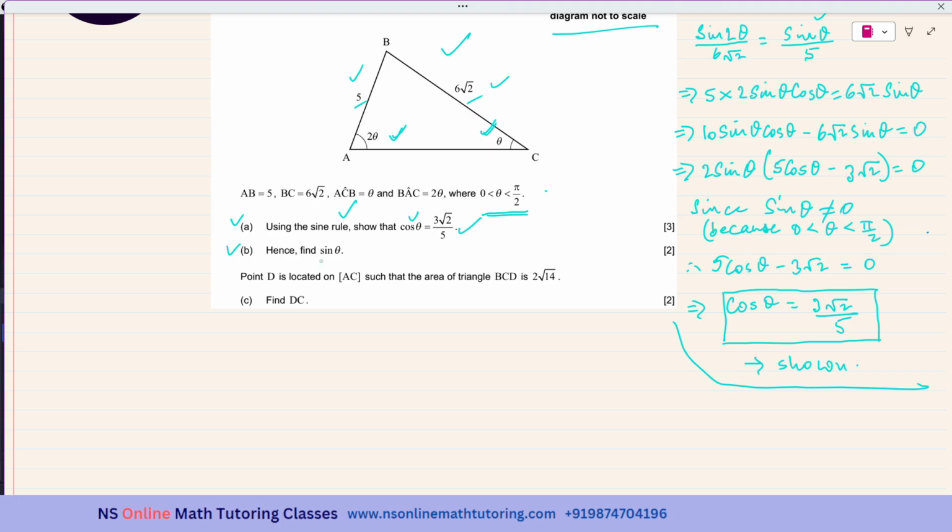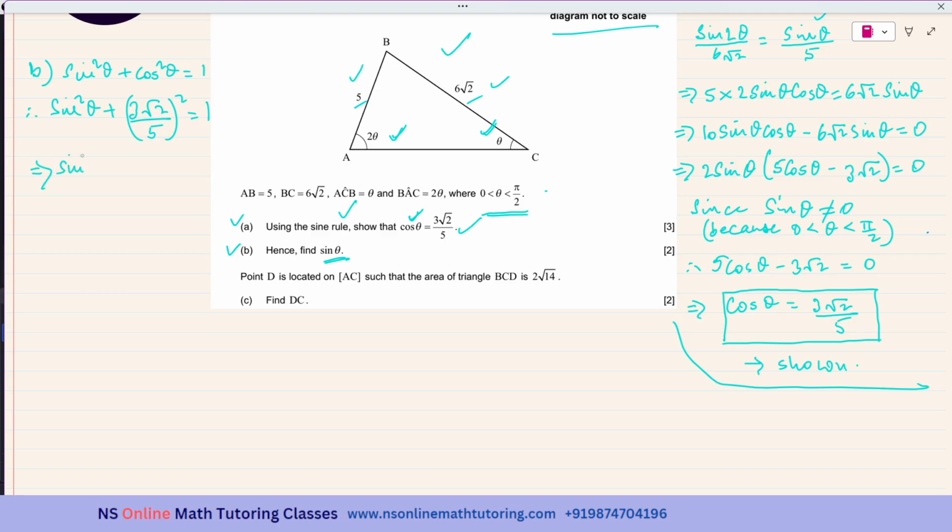Subpart B, hence find sine theta. Hence means we have to use this. And we know sine square theta plus cos square theta equal to 1. So therefore, sine square theta plus (3 root 2 over 5) whole square equal to 1